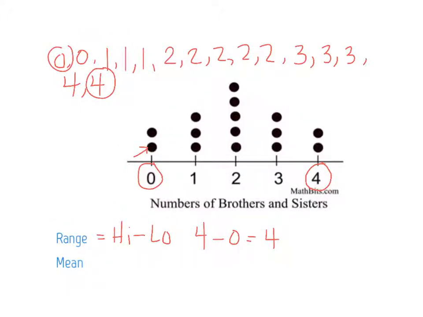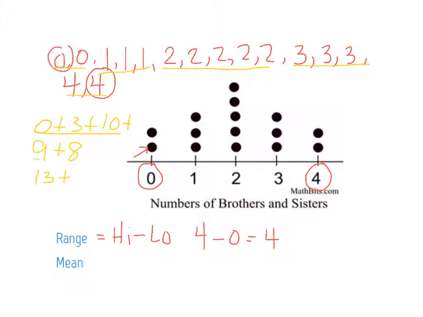To find the mean, I would have to do a lot of work. Remember, the mean is the mean one, so I'd have to add up all of these values. So we'll start with 0, so that's 0, plus I have 3 ones, that would be 3, and then I have 5 twos, which is 10, and then I have 3 threes, which is 9, and 2 fours, which is 8. And if I add that up, this would be 0 plus 3 plus 10 is 13,